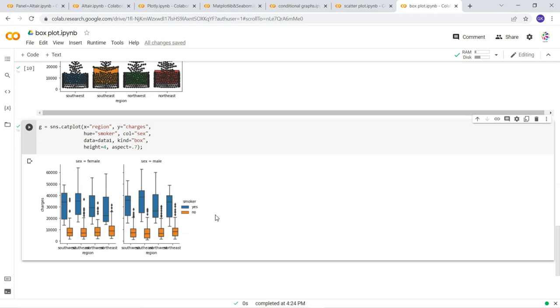Very rich graphs are available that make our lives a lot easier for data analysis. Okay,